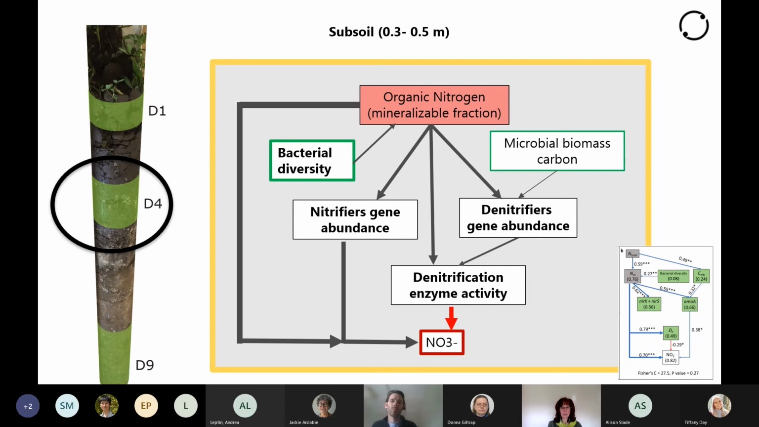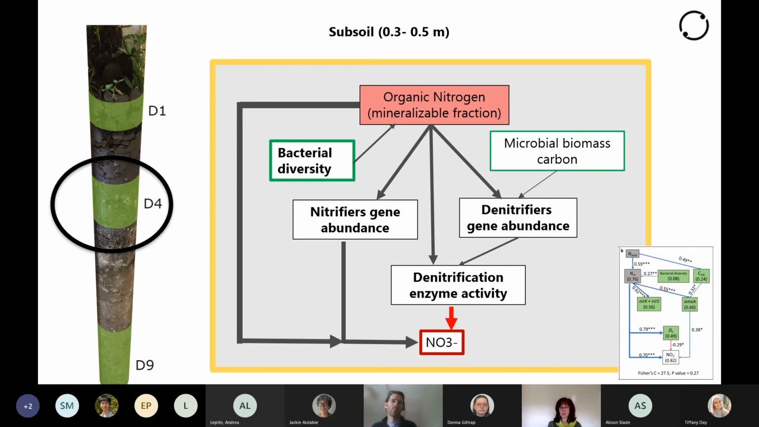As opposed to this, in the subsoil, pretty much everything is correlated. So you have the organic, the mineralizable nitrogen fraction, which is correlated with the abundance of both your nitrifiers and denitrifiers gene. The bacterial diversity is strongly influencing the mineralizable fraction. And then in turn, that influences the overall denitrification activity, which is then negatively correlated with the abundance of your